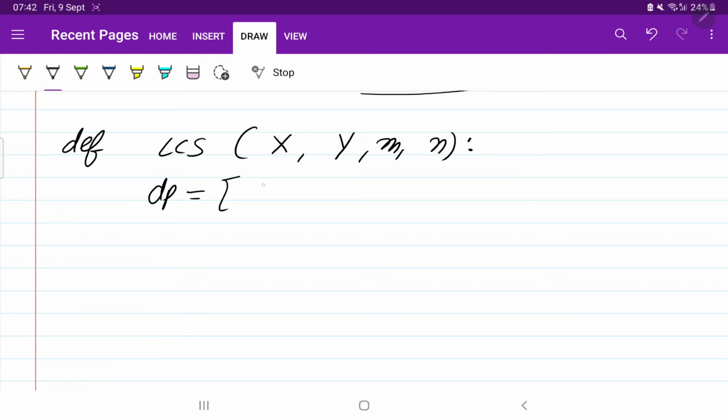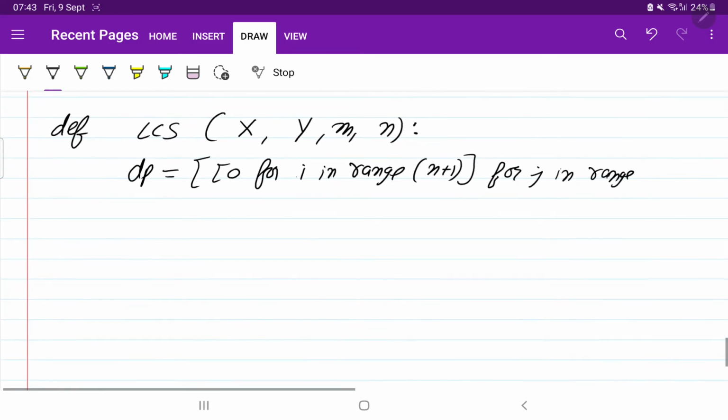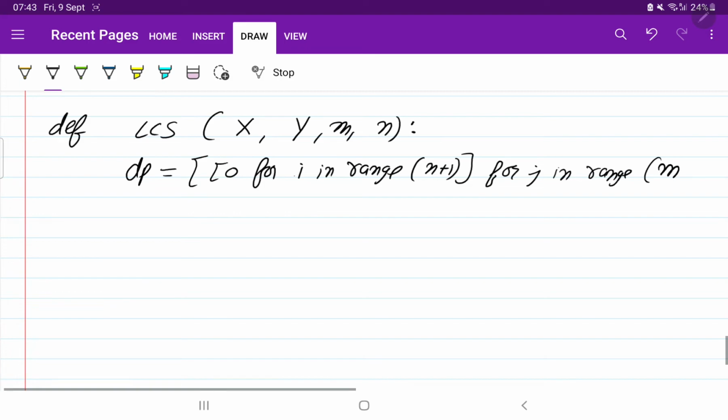So it will be like 0 for i in range. First of all we need to write columns, that is n plus 1. Then it will be like this: for j in range, let me decrease the size a little bit, m plus 1. This we have done, we have created the dp in which each element is 0.